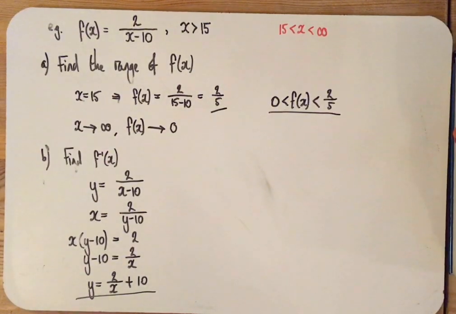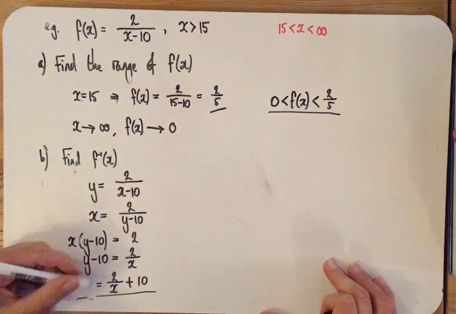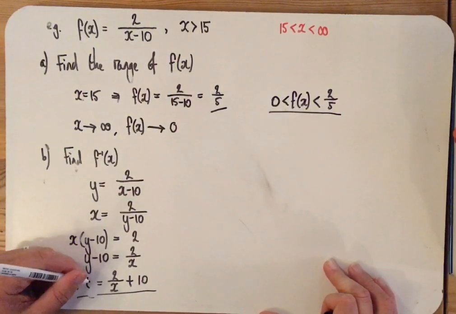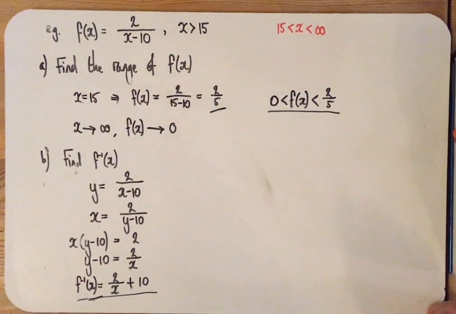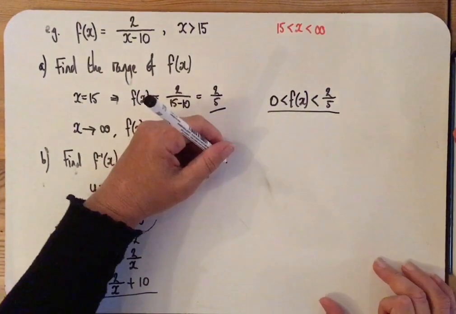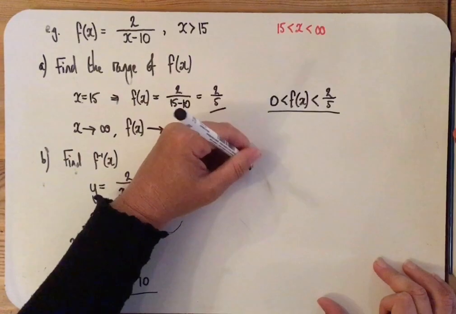So yeah, swap x's and y's. Oh yeah, I probably should write that as f minus 1 of x. Swap x's and y's, rearrange, and then the range of f of x